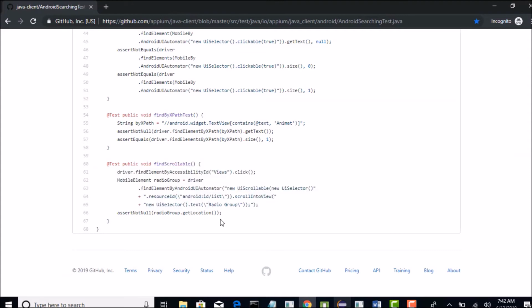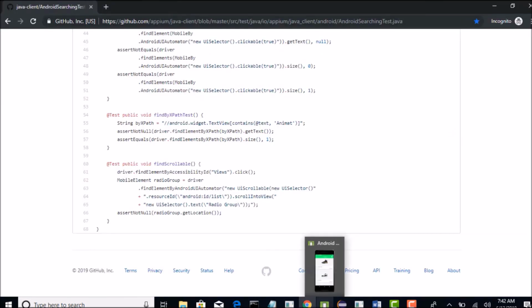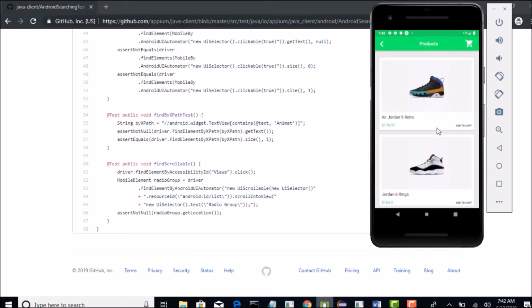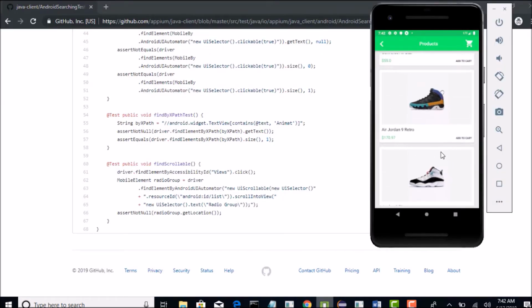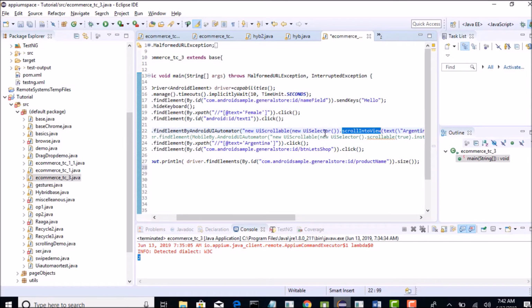It is up to you: if your requirement does not care about clicking this add to cart, and even if it is partially displayed that is okay, then you can simply use this. That's why I said you might use different ways for scrolling, and that depends upon which one works for you.